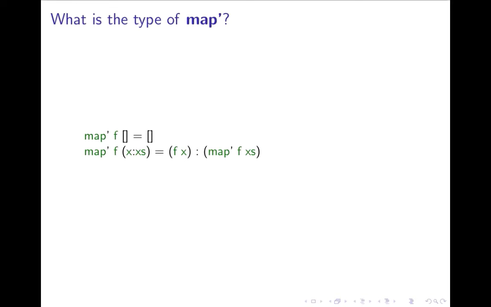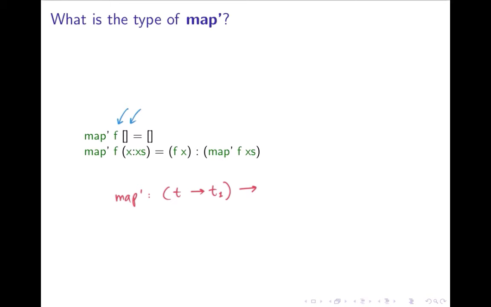Well, now what is the type of map prime? Let's find out. Map prime is a higher order function. It takes a function f as its first argument, and after that it takes a list as its second argument. So since map prime takes a function f as its first argument, its type must be t to t1 for some types t and t1, and after that